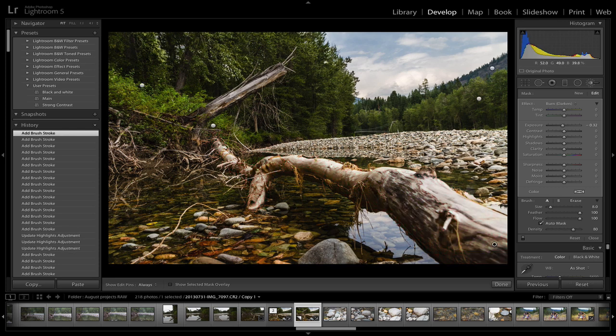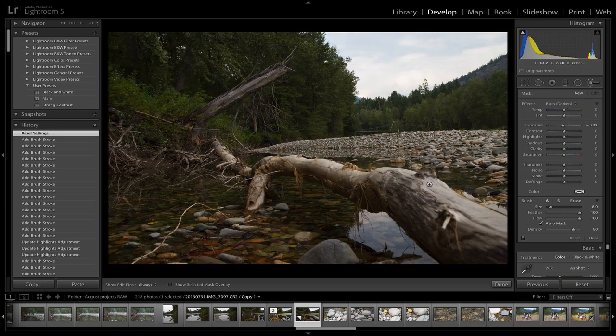All right. Okay, and there you have it, guys. We've taken a shot that looked like this